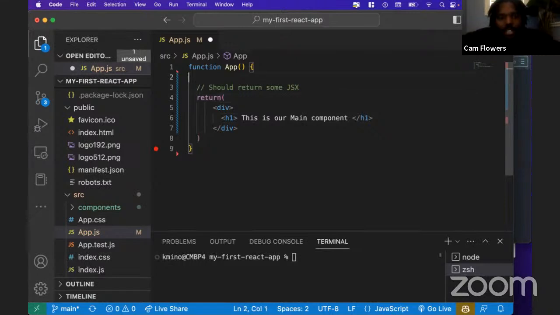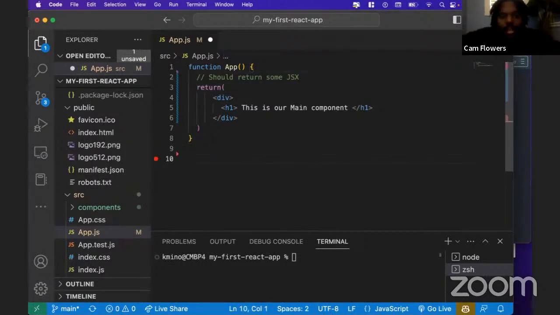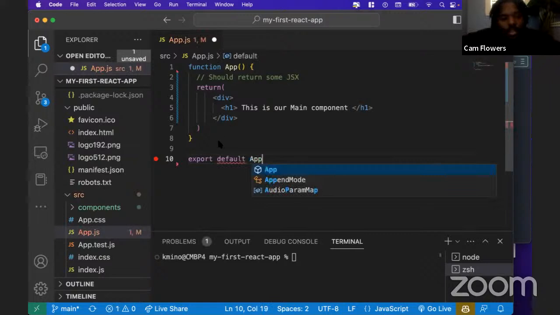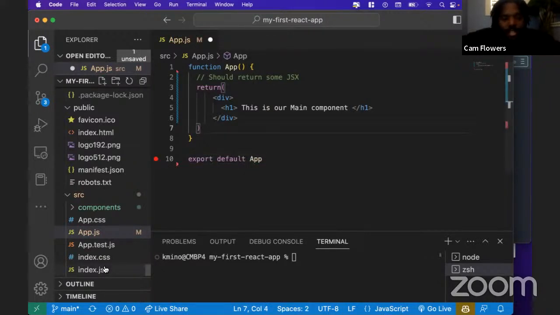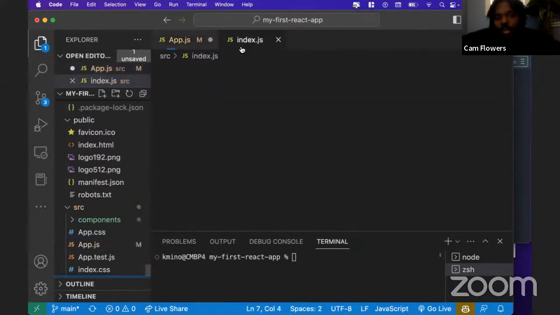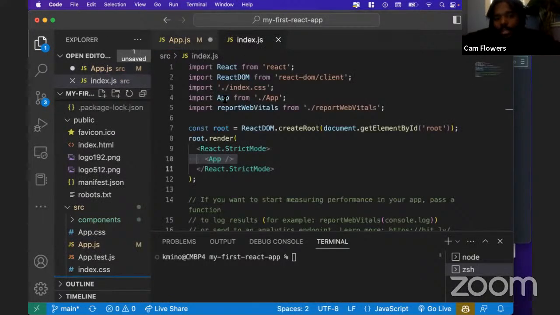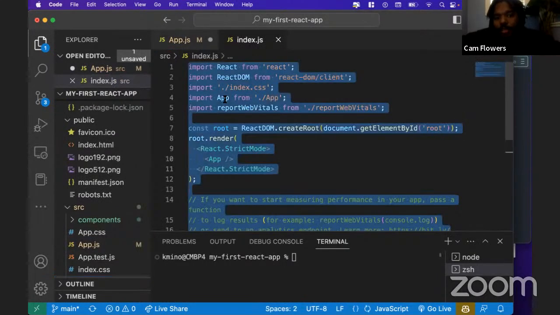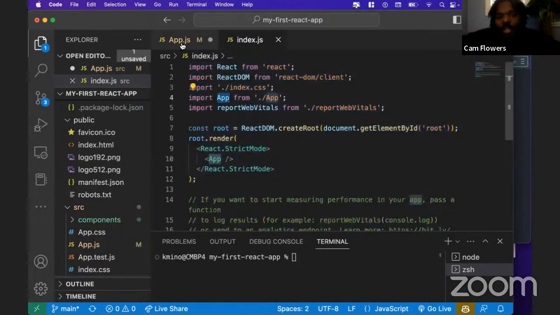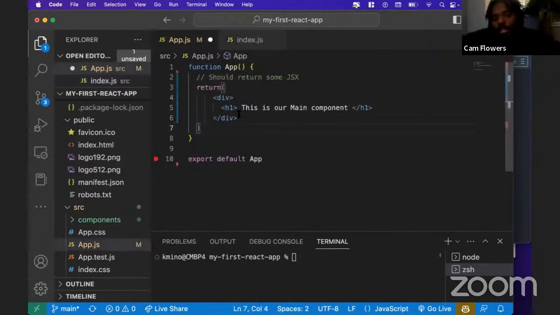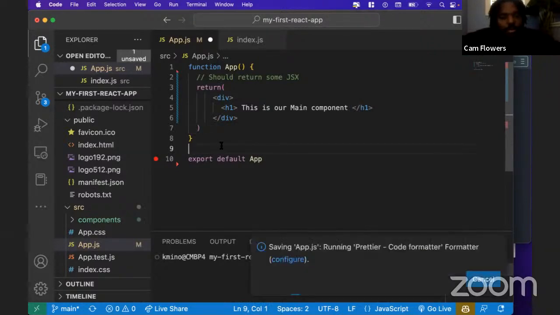The only thing I need to do now is export this component so that it can actually be referenced in that other file. So if you recall in the index.js, we have a reference being imported for the app. And so in order for this import to work, I need to make sure that I export this function I just created so that it can be referenced in the other file. So saving this will then allow for this app to be